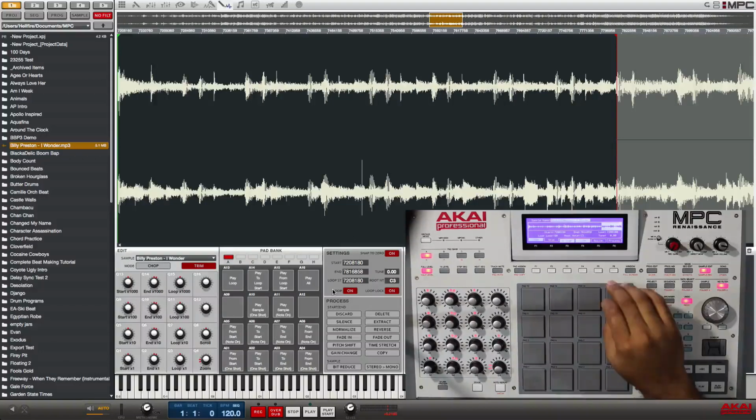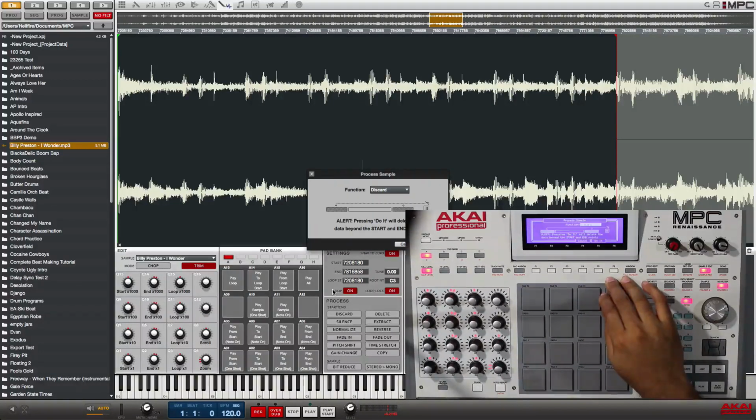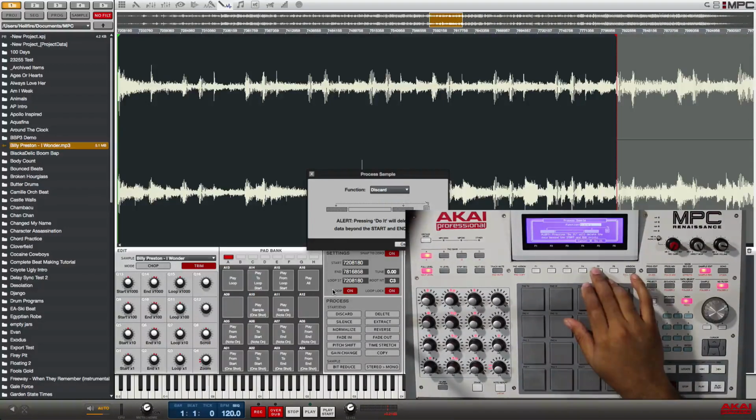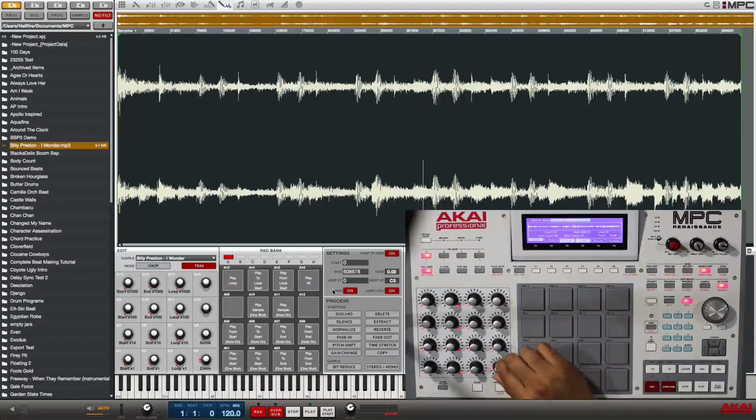So we can go ahead and press process, and we can discard. This is gonna basically get rid of everything we don't want. Everything that's outside of our start and end markers is gonna delete, and it's gonna leave only what we want to chop up. So